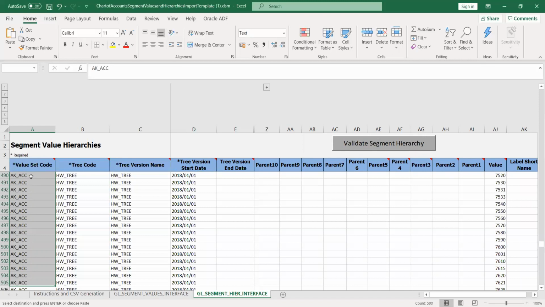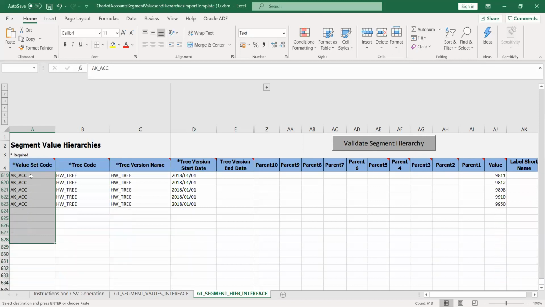Okay, so we haven't taken the parent child concept, but we are still filling up the values. So let's create a tree structure, and maybe we can update the tree structure in the Excel sheet.